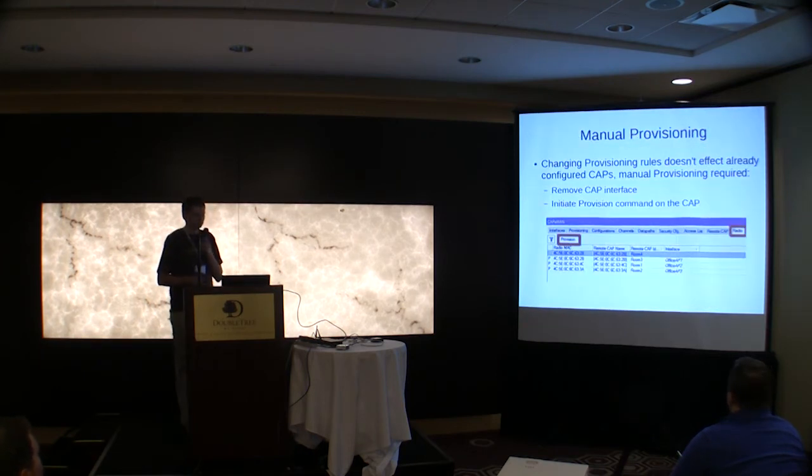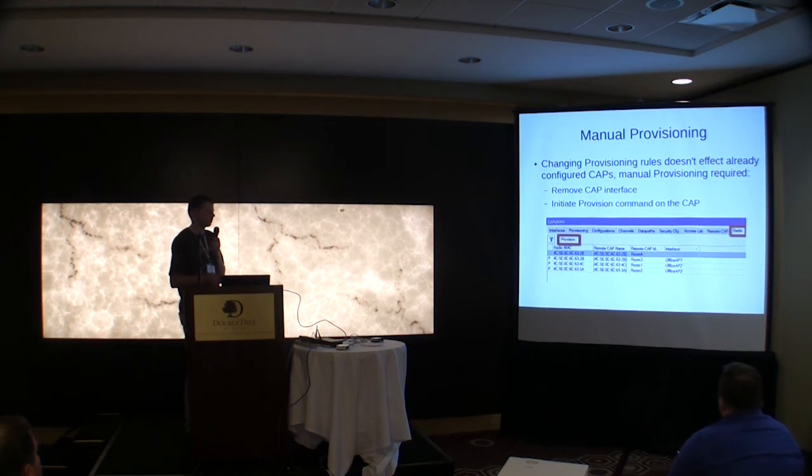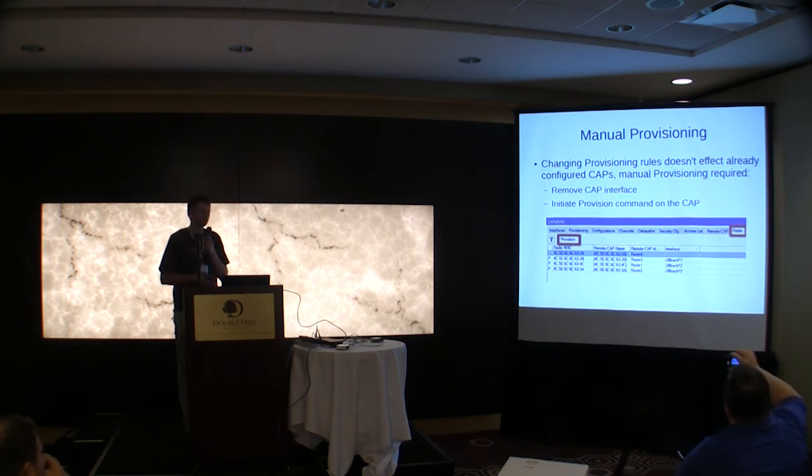So after you have created your first network, you can see everything is running fine, but then you want to change some configuration. The problem is like if you want to change the configuration, it's not done automatically. For example, you want some specific cap interface to apply a different configuration. After the configuration is already applied, you need to like